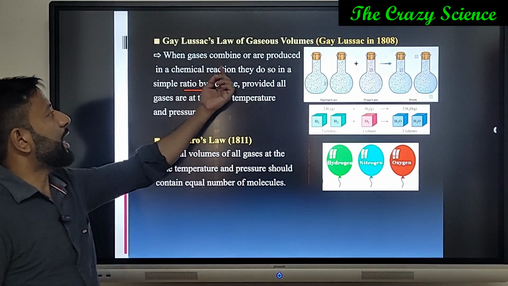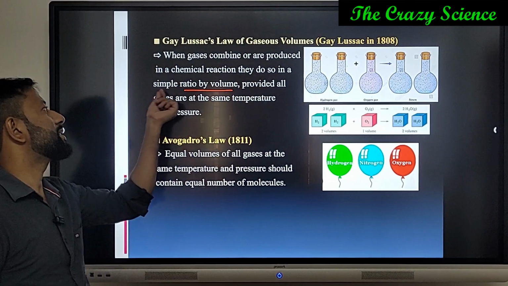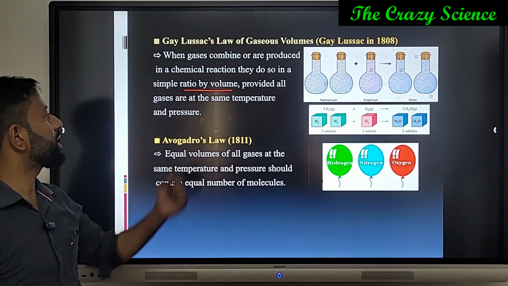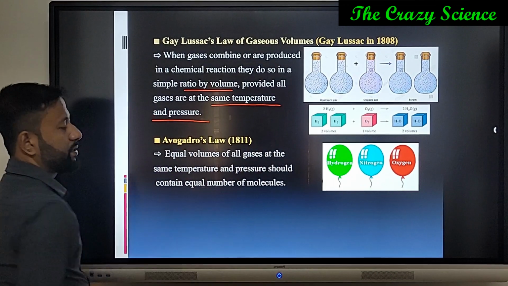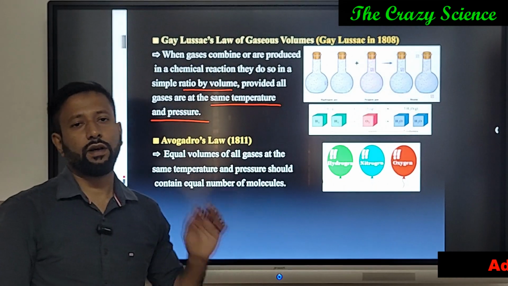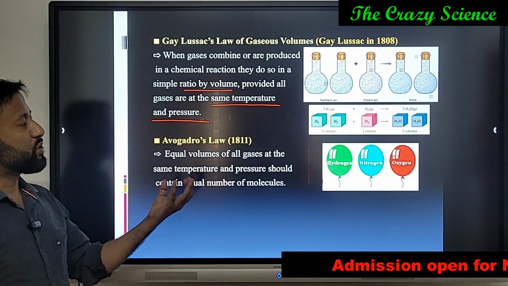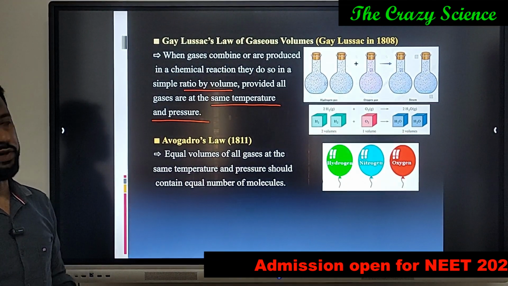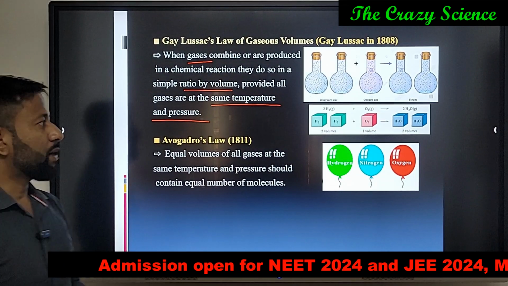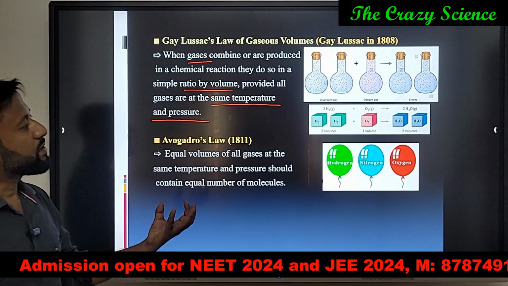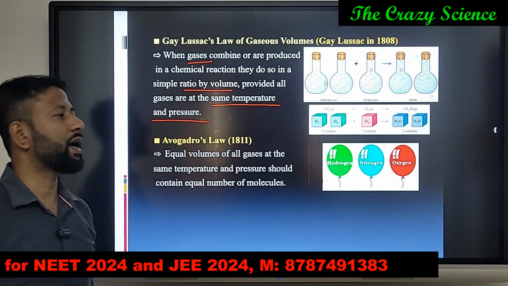So what is this? When gases are combined or are produced in a chemical reaction, they do so in a simple ratio by volume, provided all gases are at the same temperature and pressure. So we have to keep that in mind, যে আমাদের temperature or pressure টা fixed থাকতে হবে। Under such situation, যদি আমরা দুইটা গ্যাসকে মিক্স করে একটা থার্ড গ্যাস ক্রিয়েট করি, এবং এখানে একটা জিনিস সবচেয়ে মনে রাখতে হবে, দিস ইজ ভ্যালিড অনলি ফর গ্যাস। ওকে, তো যদি এমন হয়, তখন এই যে দুইটা গ্যাসের কম্বিনেশনের ফলে যে 3 নম্বর গ্যাসটা জেনারেট হচ্ছে, দ্য হোল থিংস উইল বি অ্যাজ সিম্পল হোল নাম্বার